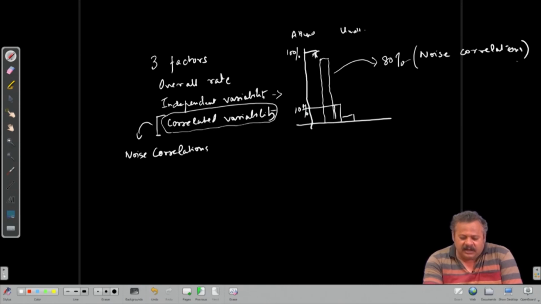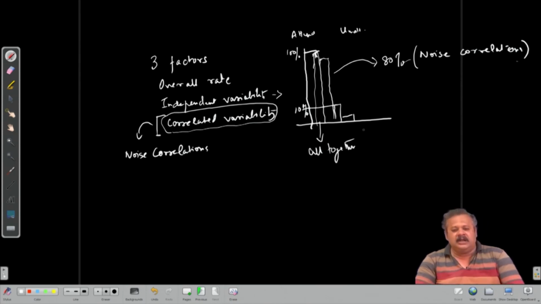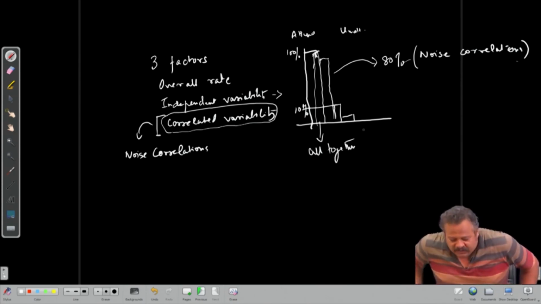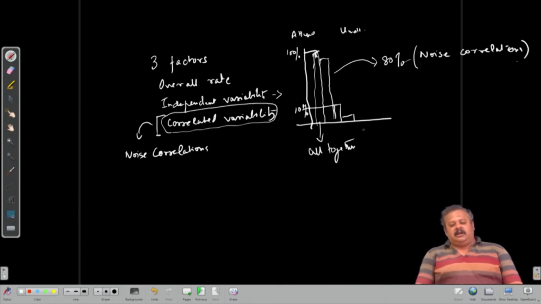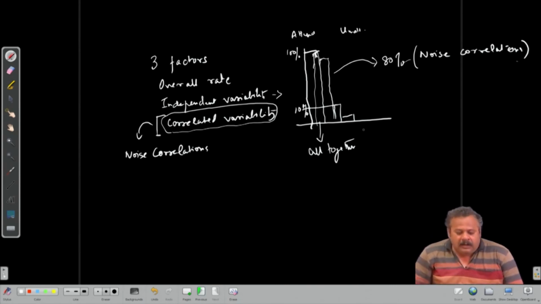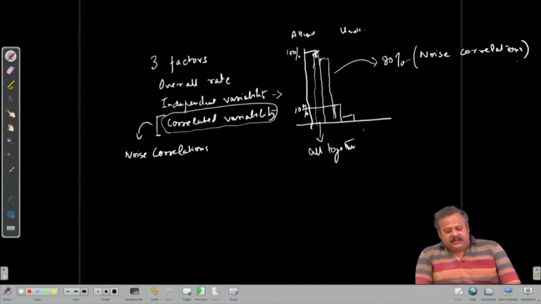It is 90% or so when all factors are incorporated together, that is the true data, and the performance gain calculated based on that is nearly what is actually observed. 80% of it is based on noise correlations and very small amounts are based on simply rate changes and independent variability. So, this tells us that